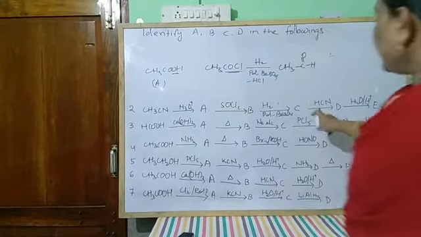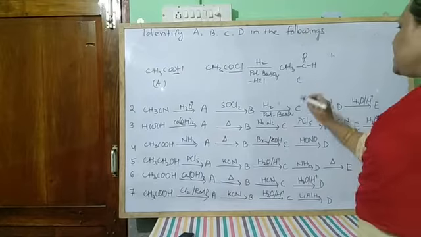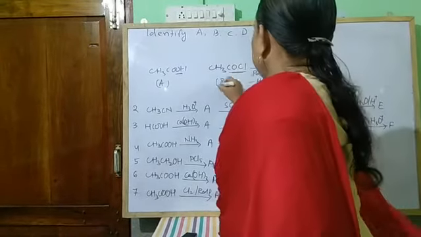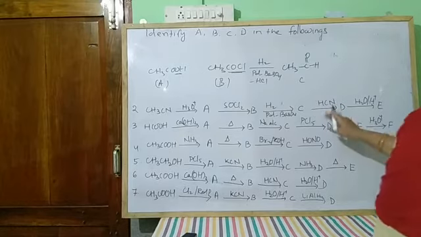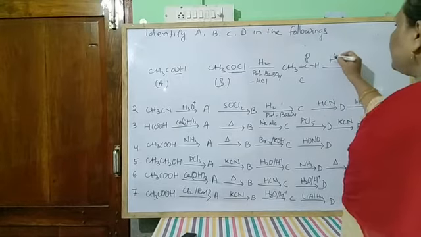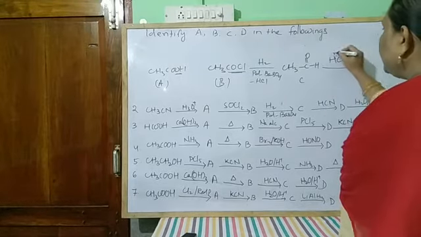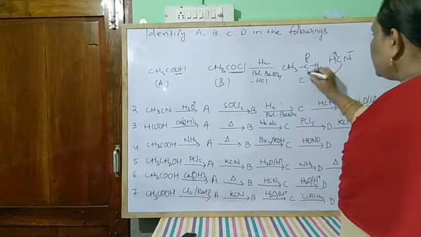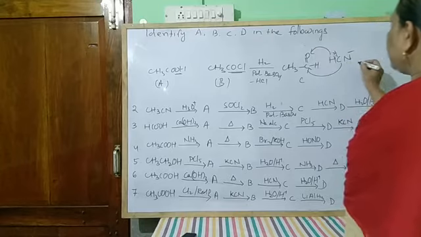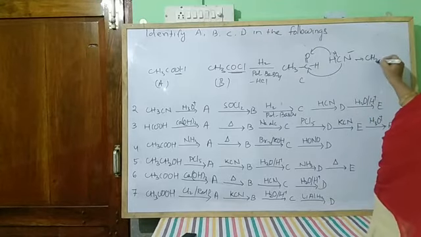And when acetaldehyde reacts with HCN, it forms cyanohydrin. This is a nucleophilic addition reaction. As you already know, HCN gives H plus and CN minus, this CN minus attacks the carbonyl carbon, and hydrogen adds, it gives you